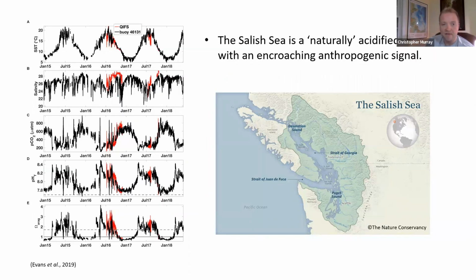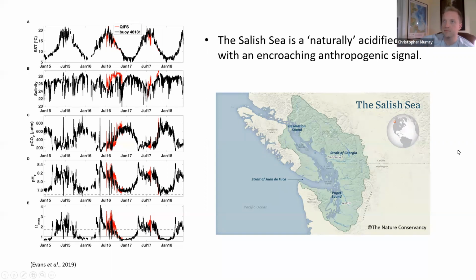But on top of all that, there's also the emerging threat of ocean acidification in the Salish Sea. Most practitioners of biology and oceanography in the region know that this part of the ocean is what we call a naturally acidified system for a few particular reasons. Some just being the upwelling of deep oceanic water, and the retention of water within the Salish Sea basin itself lends to this large seasonal variability in CO2 fluctuations.